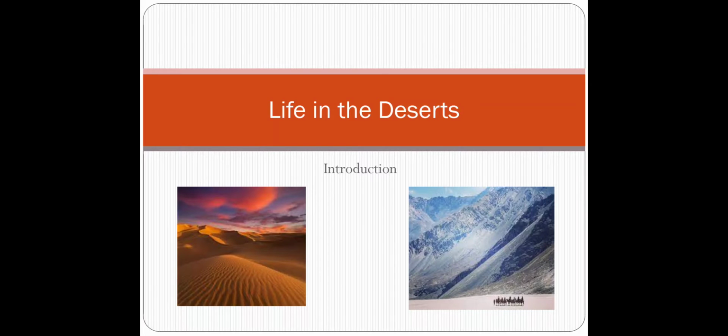Now here I want to tell you one thing, that generally we feel that desert is a place which would be having extreme high temperature, a scorching heat, but that's not true, okay? A desert can have extreme temperature, that is extreme hot or extreme cold. So in this chapter we are basically going to study about the life of the people in deserts.